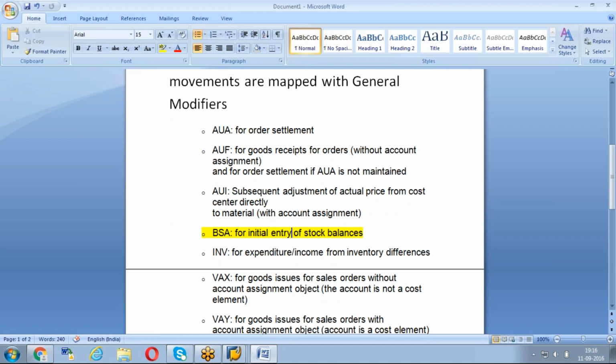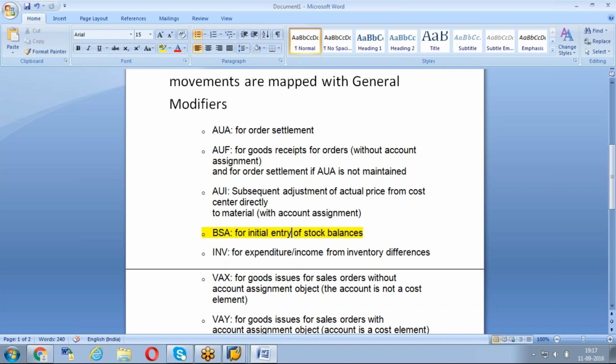It means these all AUA, AUF, AUI, BSA, INV are the extension of GBB. Because BSX means always it's a stock posting. If you take WRX it will always be the GRIR clearing account, but GBB is not like that. GBB is an offsetting entry, designed for multiple entries.